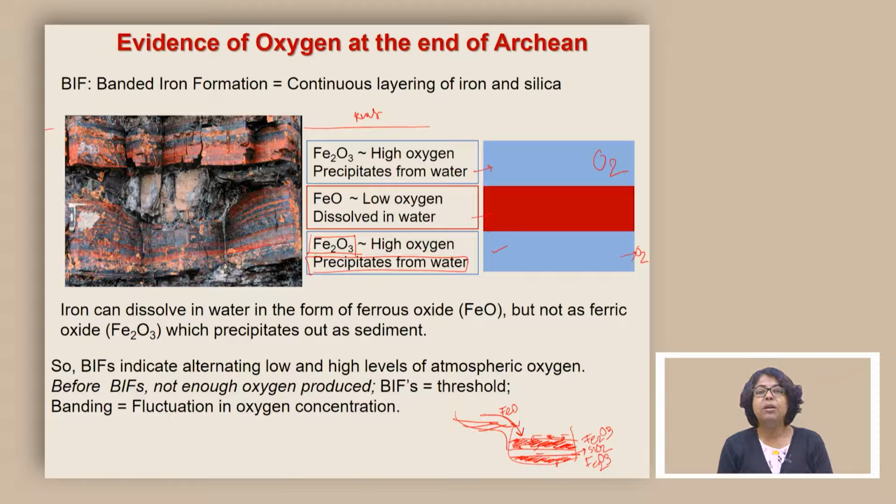Because whenever the continents are getting eroded, because of the availability of oxygen, all the FeO gets converted to Fe2O3 and immediately precipitates right there. It cannot really get transported to a basin where it can deposit for so long and with such a high volume. So, probably the continuity of BIF indicates the heavy concentration of iron in solution that was building up during the entire Archean and eventually precipitating out of that whenever there was an increase in oxygen concentration.